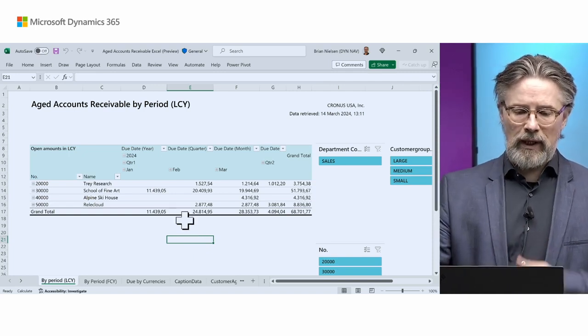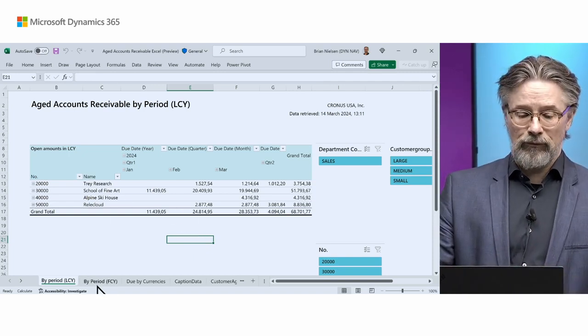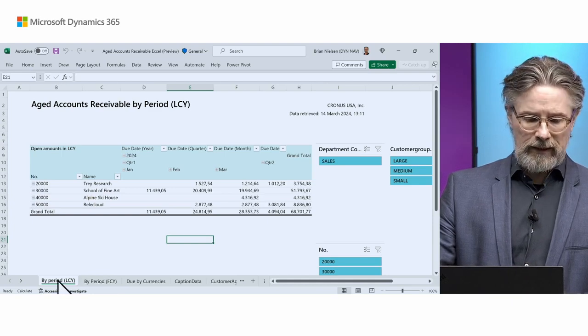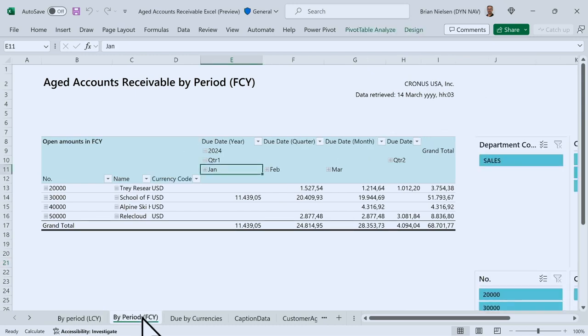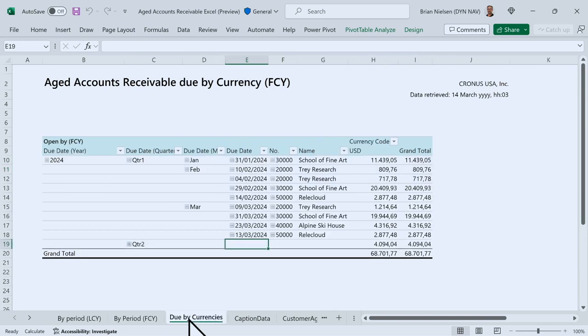Most of these reports will have one or multiple report pages, we call them. Like in this case, there's a report where you have age receivables by period in local currency, in the functional currency, and sometimes 1 or 2 extra pivots on data if it makes sense in the given report.